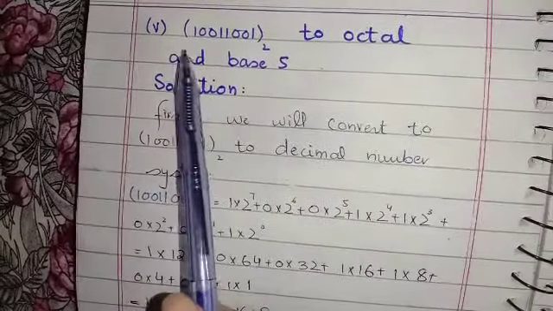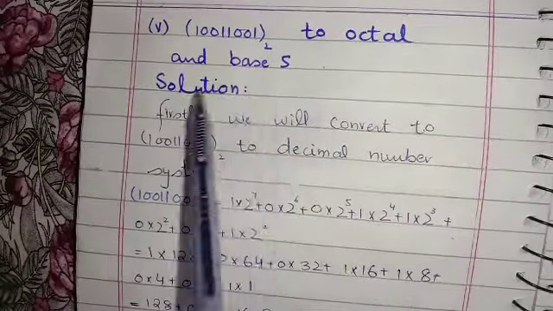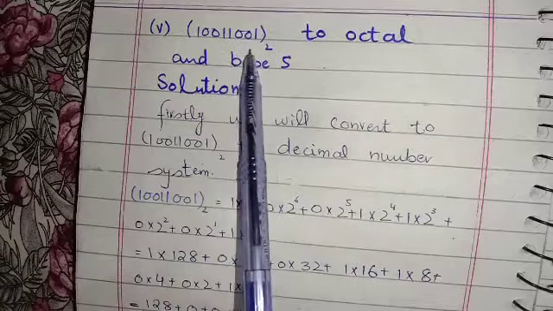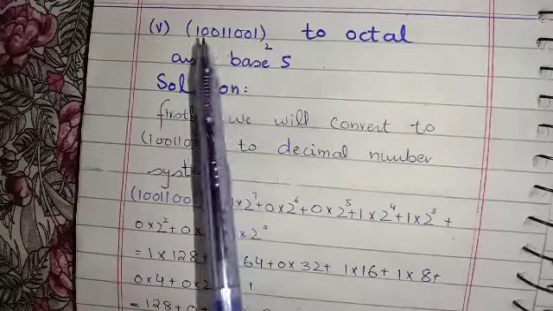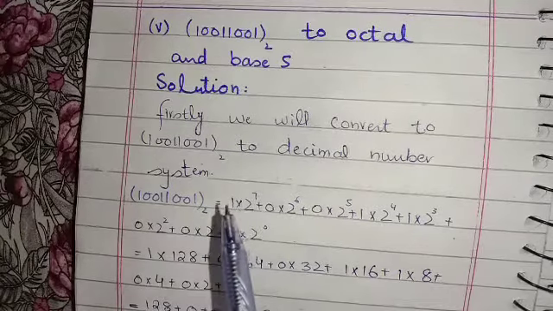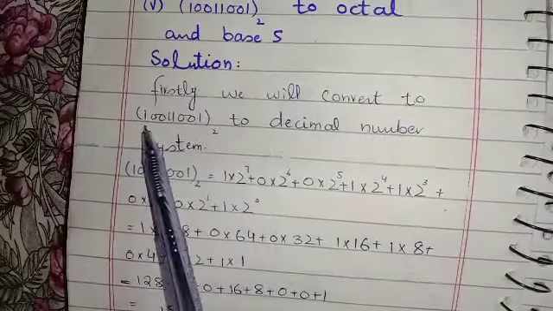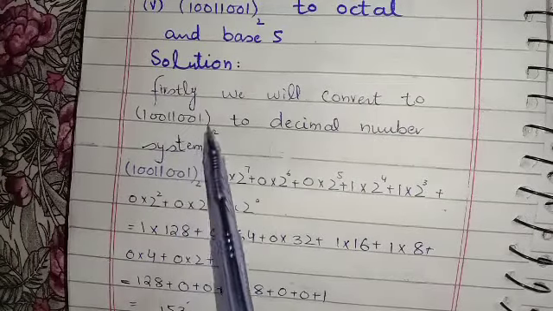Now students, here is our part 5. 10011001 with base 2 to octal and base 5. Students, we will convert this binary number system into decimal number system by using our method which you have learned earlier. Firstly we will convert 10011001 with base 2